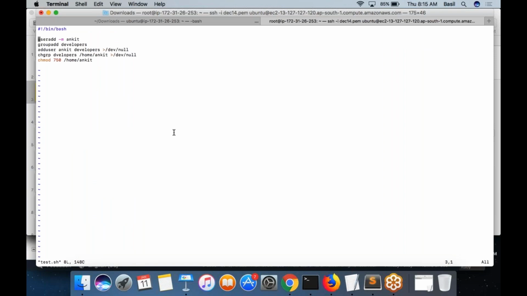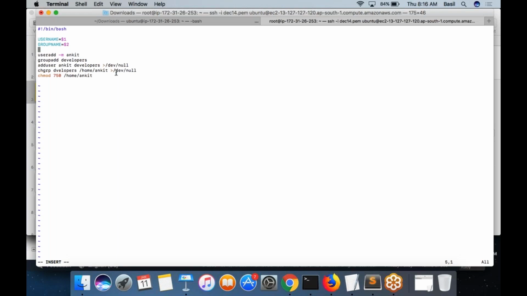and now maybe I want to make this script a little more advanced. It's not the Ankit user I want to create. I want to make this script more generic. What I can actually do is pass the username and the group name as arguments to the script. That's also an option. Let's say username equal to $1. I will tell you what $1 and $2 are. Group name is equal to $2.